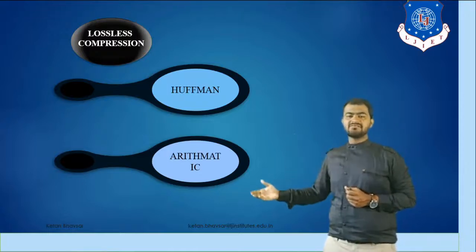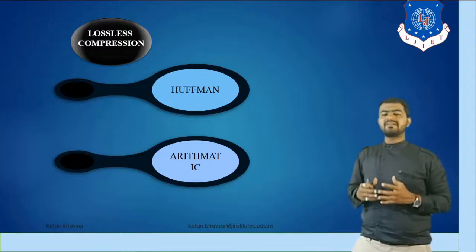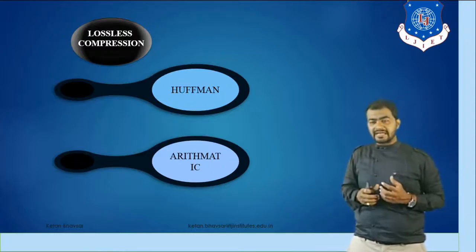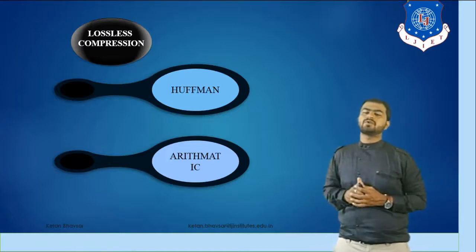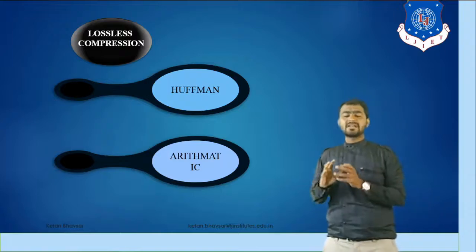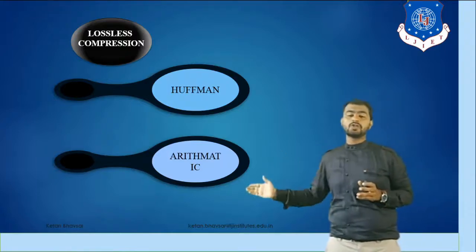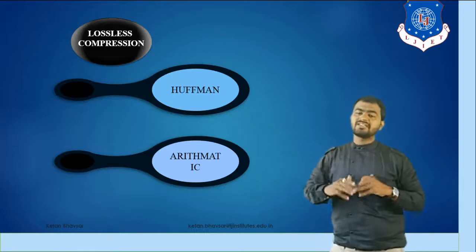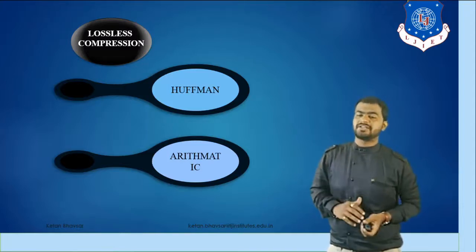Now in this session we discuss arithmetic coding: how arithmetic coding actually works, how with its help we can transmit and receive the data, and the basic steps we have to follow when we work with arithmetic coding. See, the concept is very clear. Arithmetic coding is ultimately the opposite of Huffman coding. So when you work with Huffman code, we follow the opposite operations in arithmetic coding.